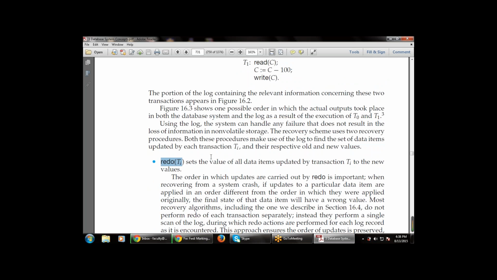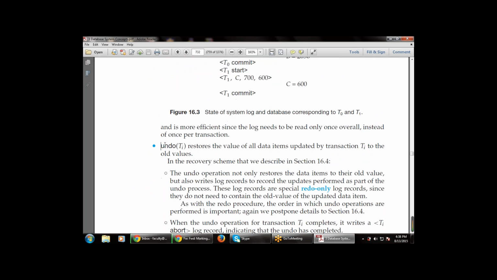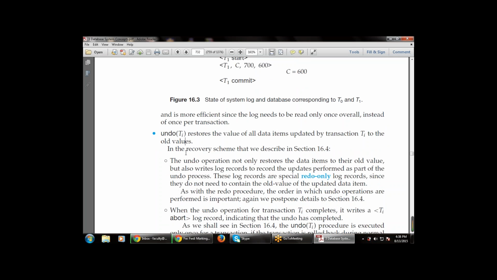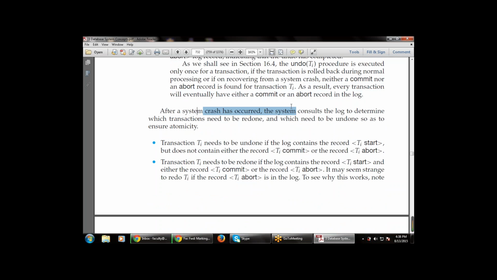And this is a redo, that sets the value of all data items updated by a transaction TI to the new values. Then there is undo, that restores the value of all data items updated by the transaction TI to the old values. That is, undo means going back to the old values, redo means going to the new values. And after a system crash has occurred, the system consults the log to determine which transactions need to be redone